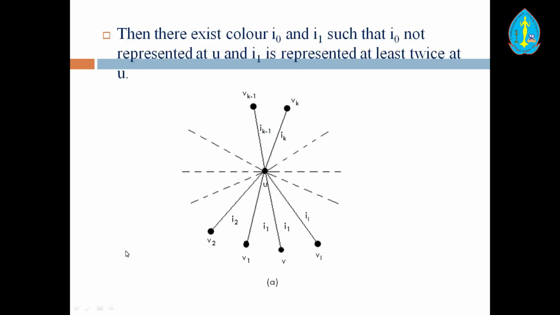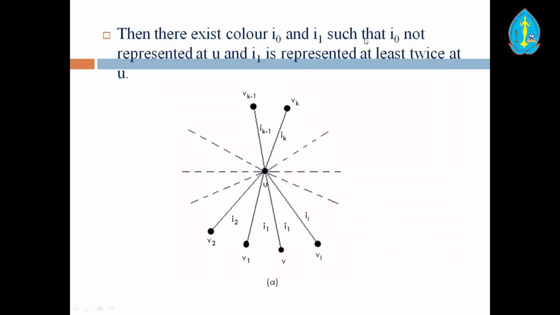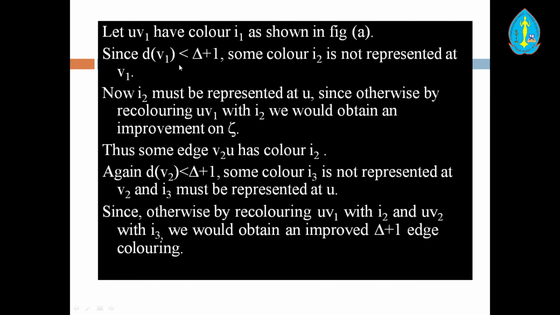Then there exist i0 and i1 such that i0 is not represented at U but i1 is represented at least twice at U. From this figure at U, i1 is represented twice at U but i0 is not represented at U. Here let UV1 have color i1, as shown in figure A. That is, UV1 is colored i1. Since D(V1) < Δ+1,